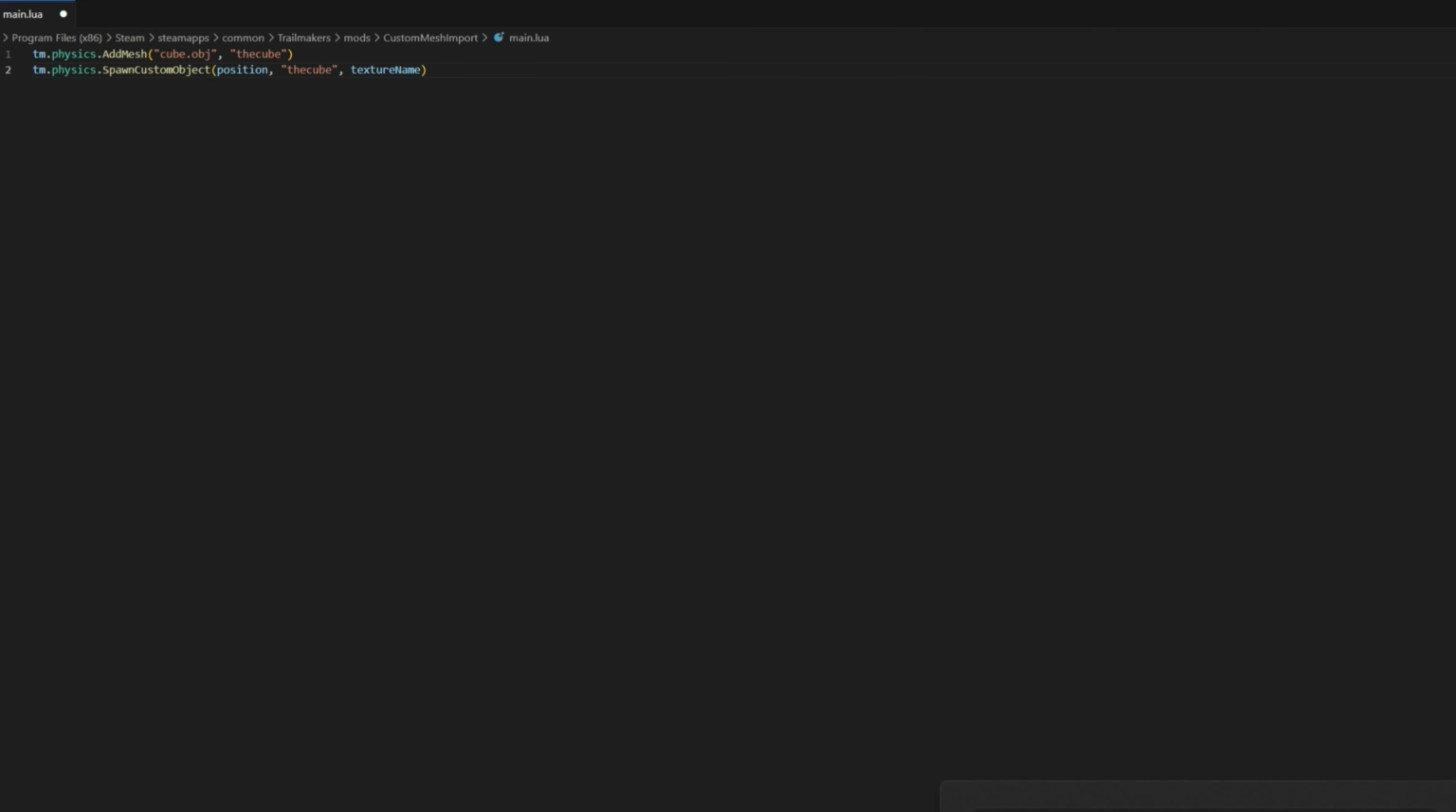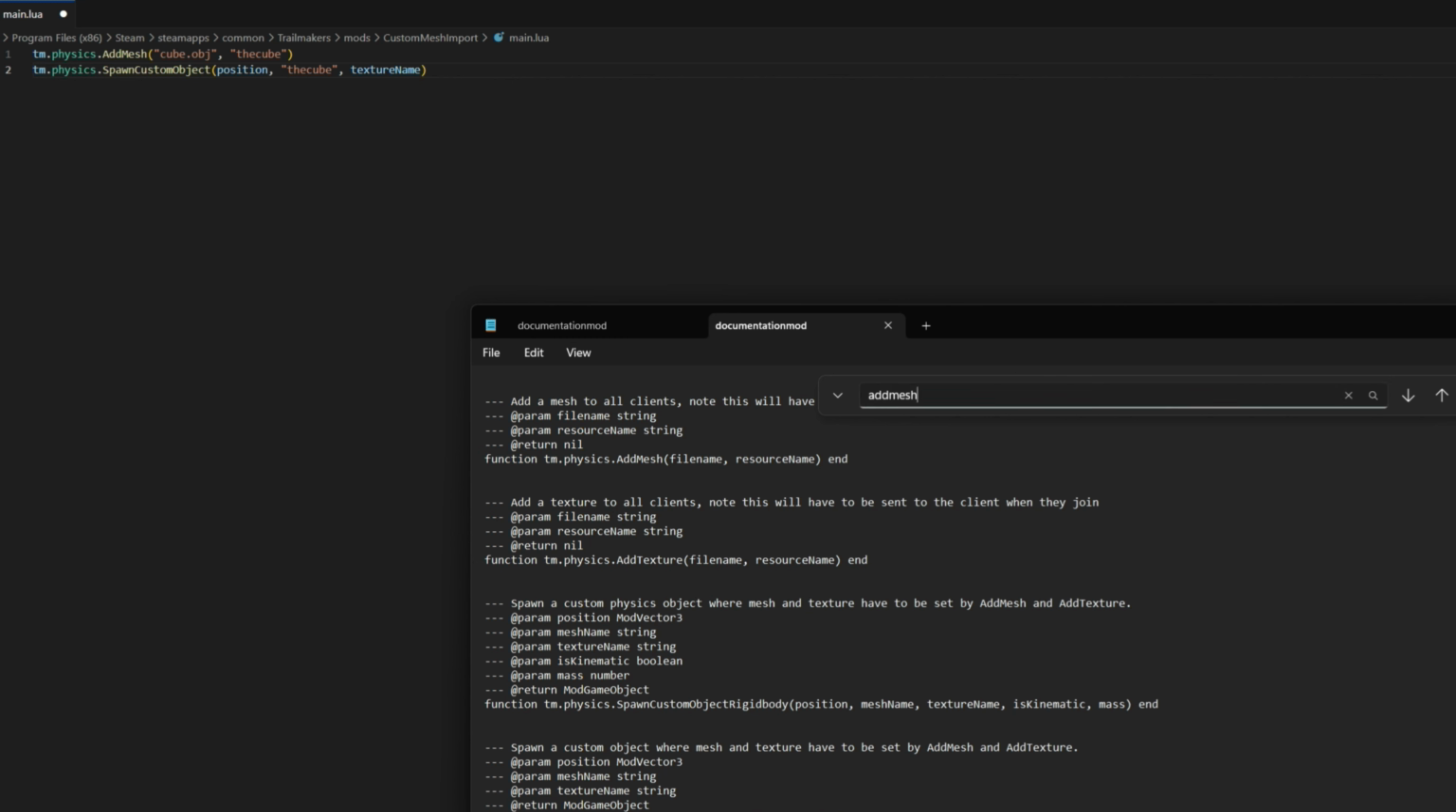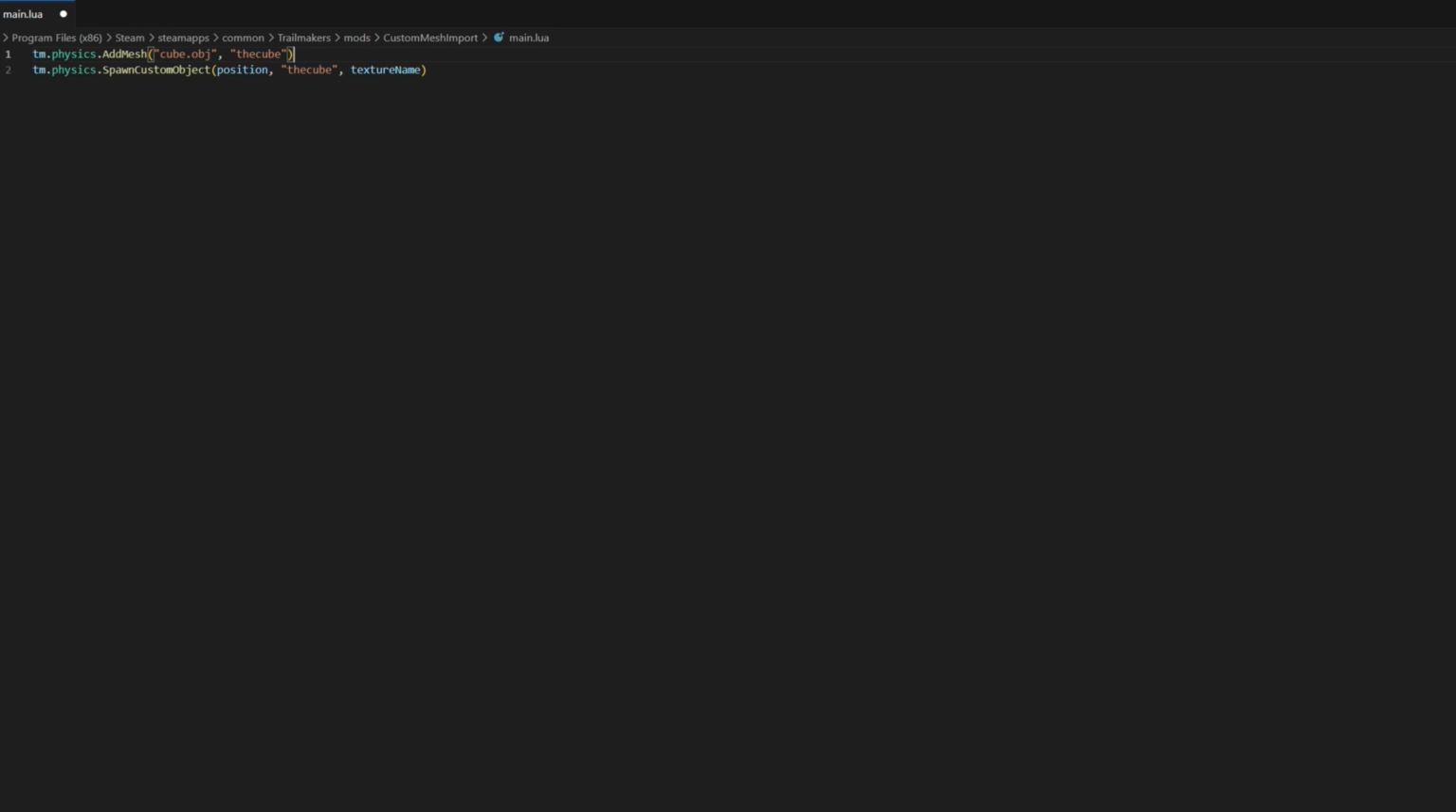To do that, we'll actually go back to our documentation and you'll notice there's a tm.physics.addTexture. So if we go ahead and grab this, we can actually use this. So we add the mesh first and then we'll add the texture. So this works in a similar way. We haven't actually created a texture yet. So we'll just call it